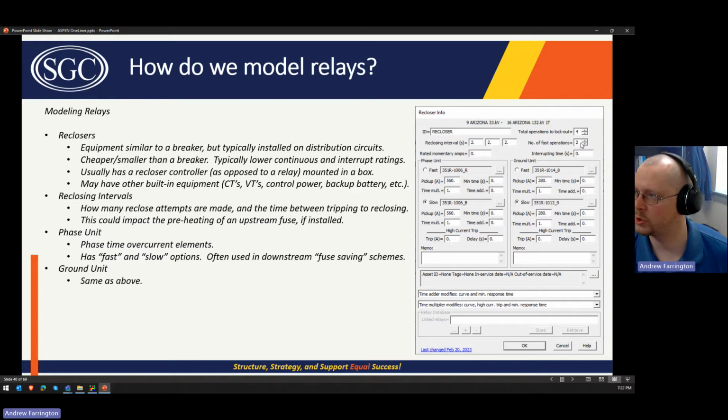The number of fast operations is usually used in conjunction with a fuse saving scheme. What I mean by that, and we'll talk about this more when we get to transformer protection, is you might have a fast curve and a slow curve in the recloser. The reason that you do that is you might have a fault down a tapped single phase distribution circuit that only feeds one or a few houses. And if you have a fault on that circuit, obviously you don't want to take down the whole circuit for that. Well, you might want to take it down temporarily